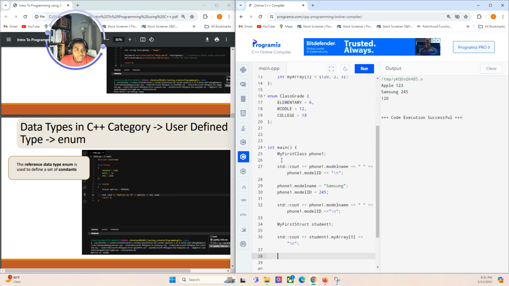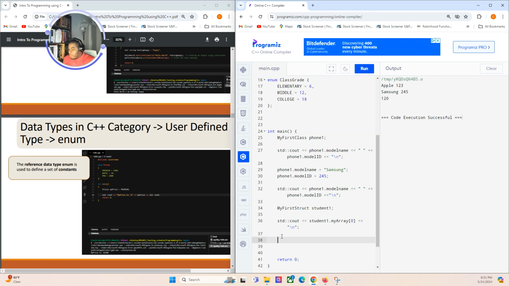Let's make our first enum here. To create our enum, we call our enum type, class grade. We could do person again. Let's call this child1. So this is a child, and based on their grade level, we'll know their age. So we could say std